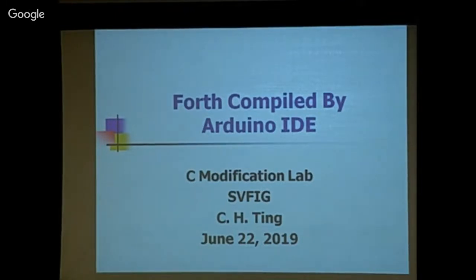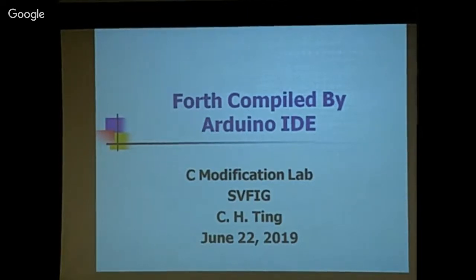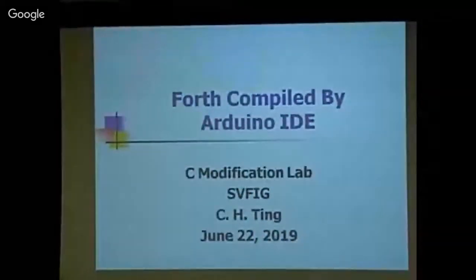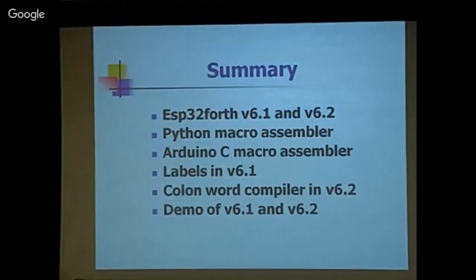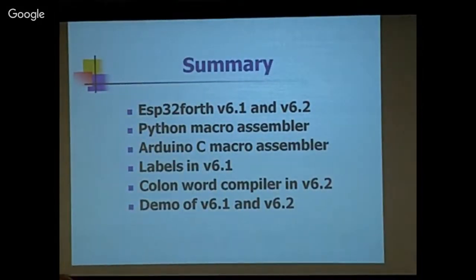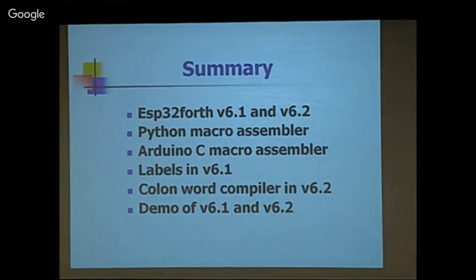That was the first experiment I did, trying to build a microassembler to assemble Forth, to construct the Forth dictionary for the C compiler to run with all the C-coded Forth virtual machine. Then I moved the macro assembler to Arduino C,